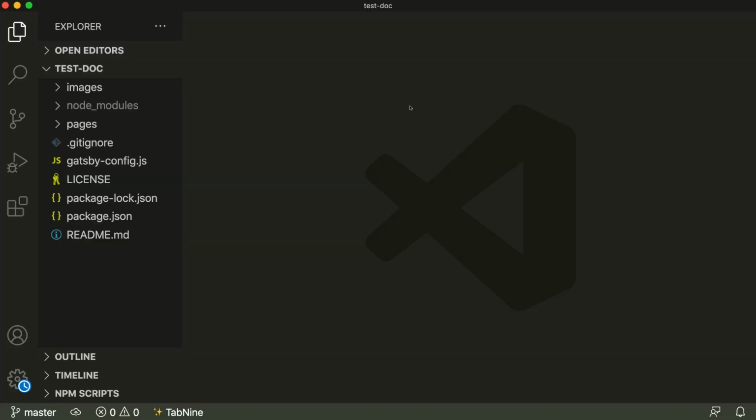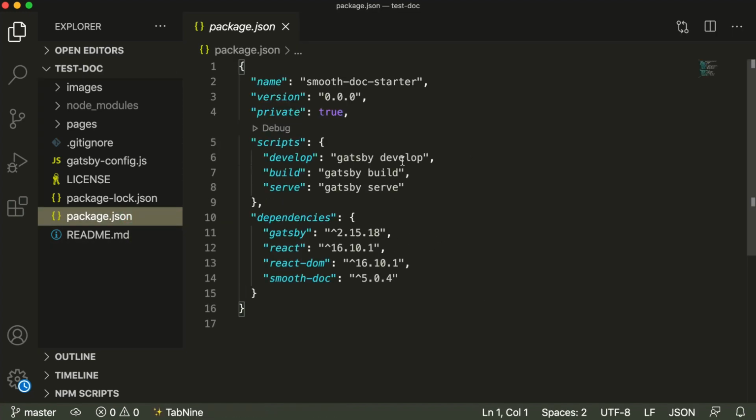After the basic boilerplate of the documentation project is created, open up the project in Visual Studio Code or any other editor, and we'll take a look at the structure of the files in the boilerplate code. We can see that we have package.json. Since this is a React app, we definitely will have a package.json file. It has the name, scripts and dependencies for a basic boilerplate to run.